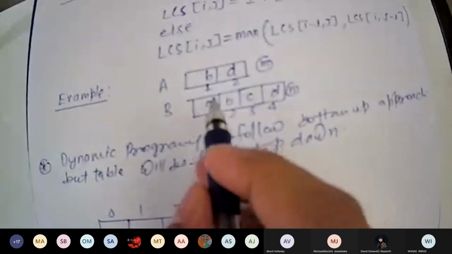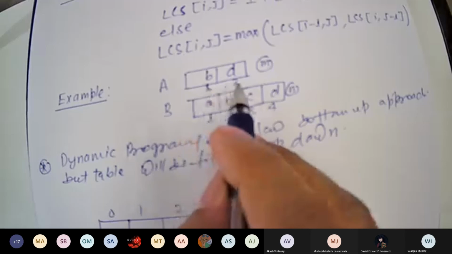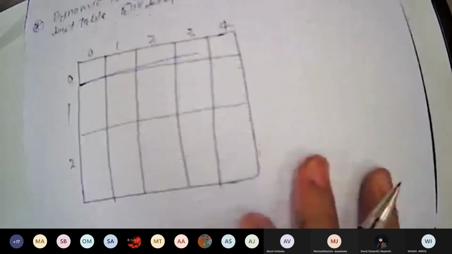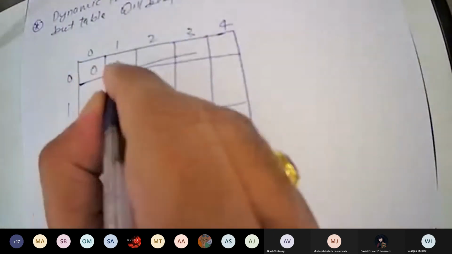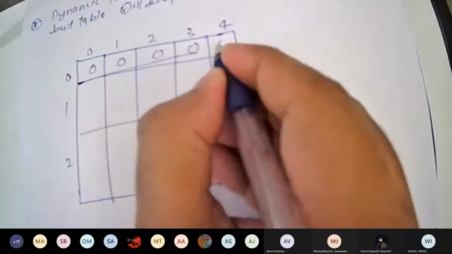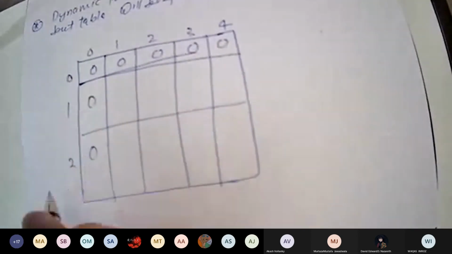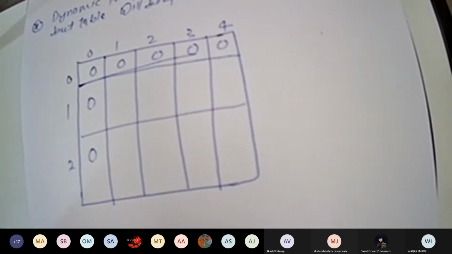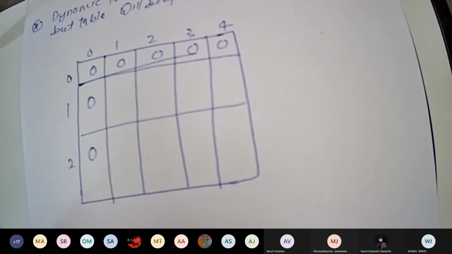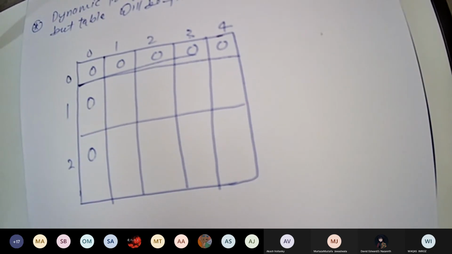Now, here we had not used the 0, we were starting with 1, but here we are using 0 purposely, and all these values will be 0 initially, so that it will help the algo to start.